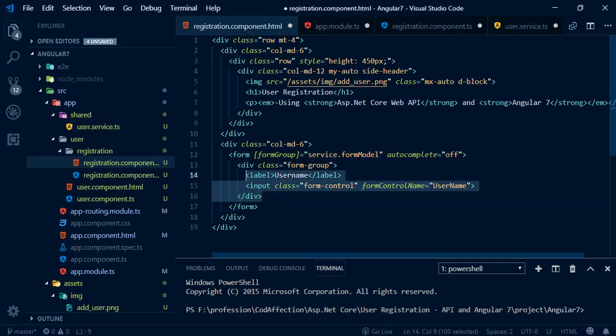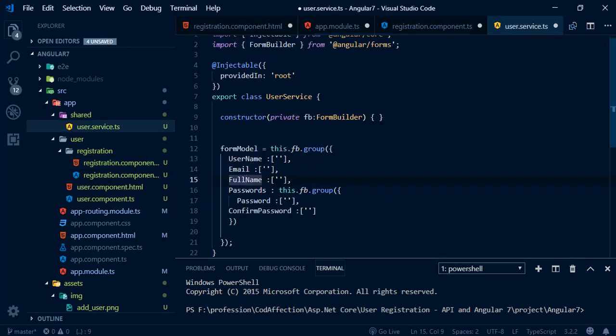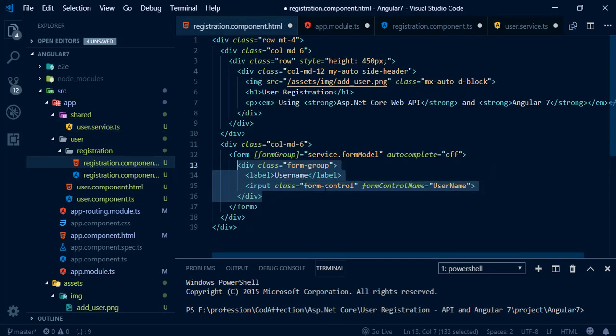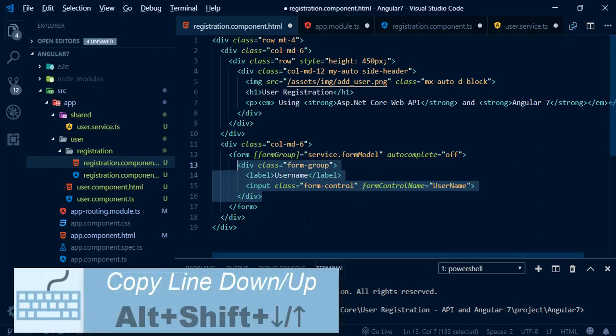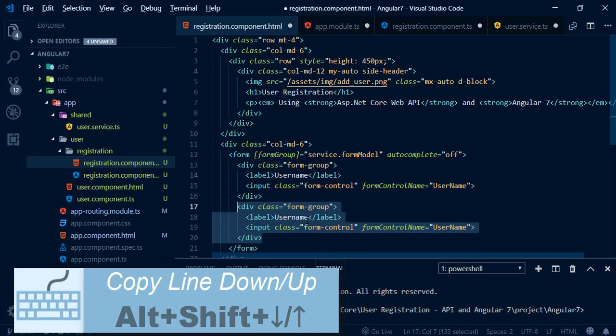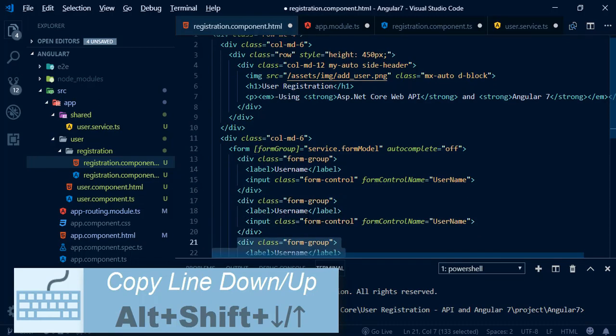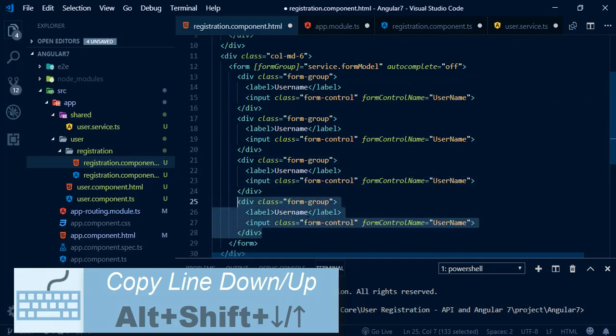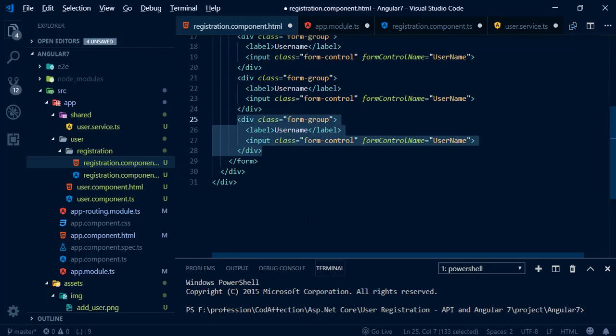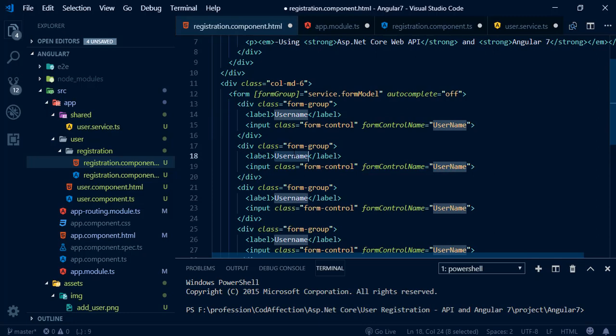Like this, we have to create 4 more controls: email, full name, password, and confirm password. For that, I will just replicate this div here. For that, you can use the shortcut Alt Shift then downward arrow. So here we have email, then full name, then password, after that confirm password. So this is for email. Corresponding form control will be email, then we have full name,